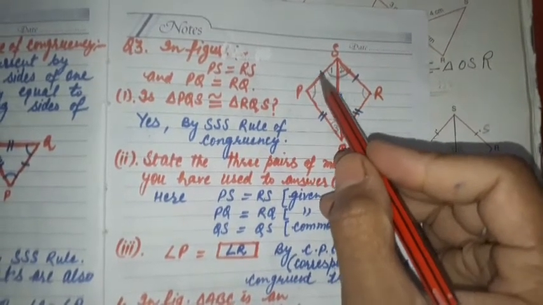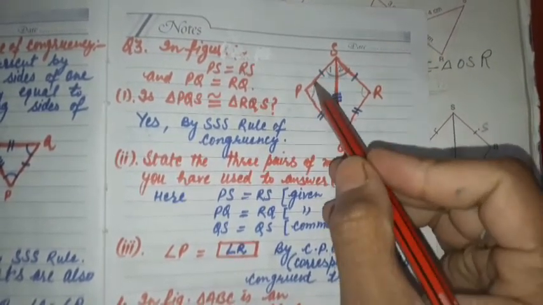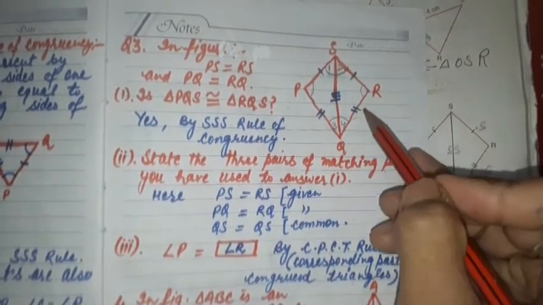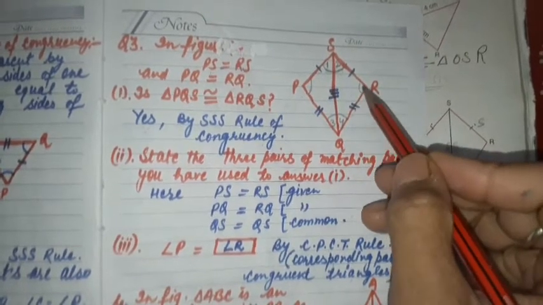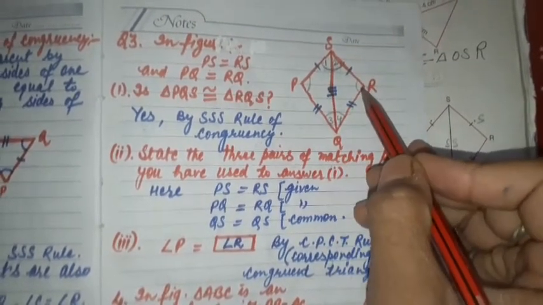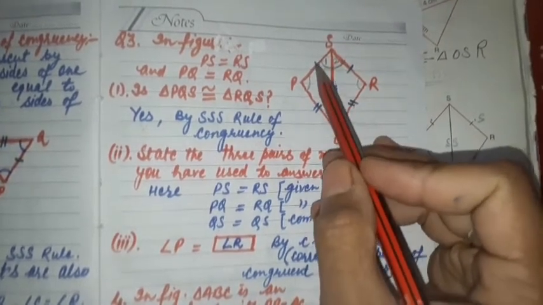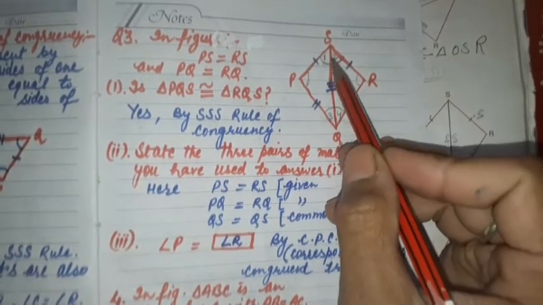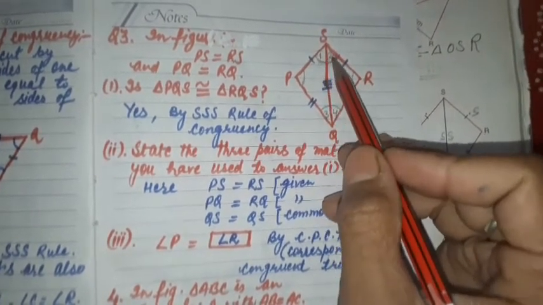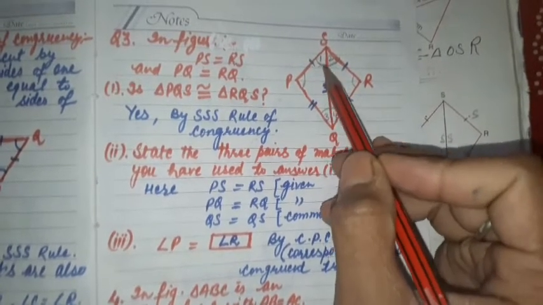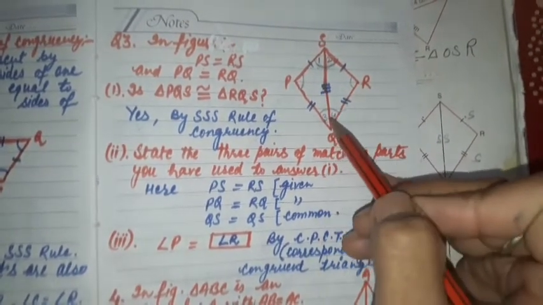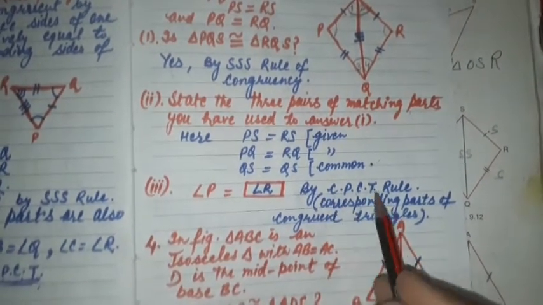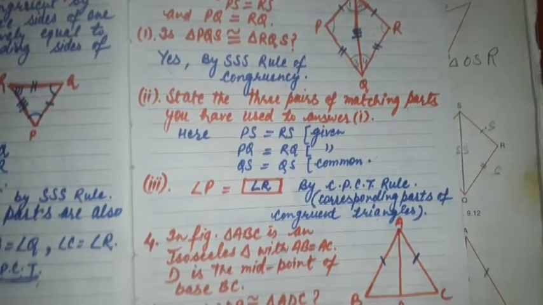In this case, the angle that lies between one cut side and two cut side is equal to the angle in the other triangle having one cut and two sides, the included angle. The angle P and angle R are equal. In the same way, angle 1 and angle 2 are equal, with 1 cut and 3 cut. This angle lies between these two sides, and similarly the other lies between these two sides. So angle 1 and 2 are equal, and in the same way 3 and 4 are equal. This rule is known as the CPCT rule, that is, corresponding parts of congruent triangles.